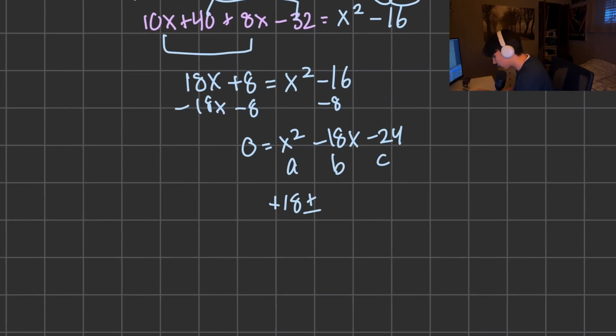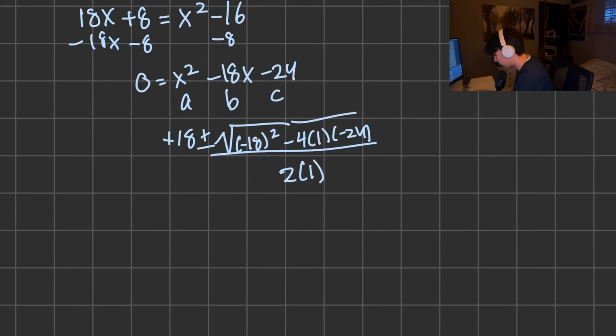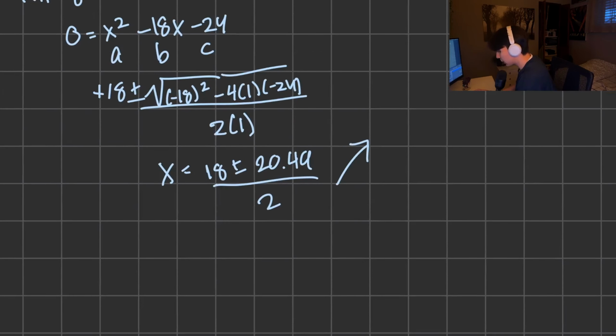So plus or minus the square root of negative 18 squared minus 4 times 1 times negative 24, over 2 times our A value, which is 1. And this is going to give us x is equal to 18 plus or minus 20.49 over 2,